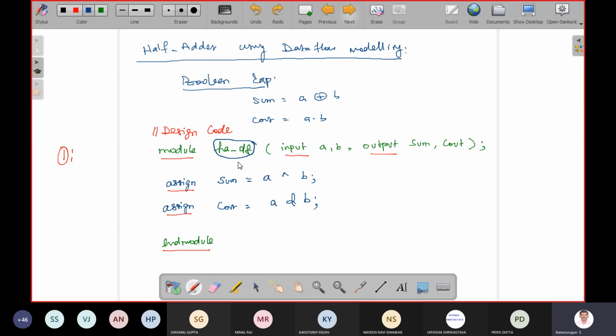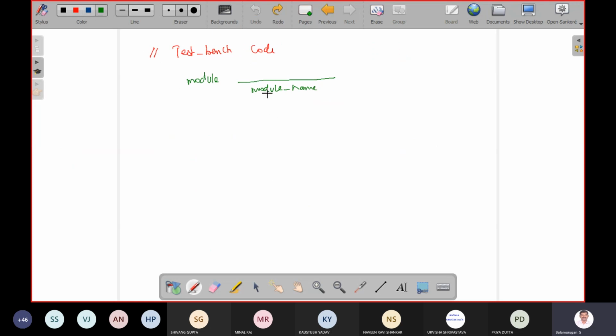So I take this module name HA_DF_test. By reading this test bench module name, people understand that I wrote the test bench for the half adder data flow module. There is no module header here, so this is empty. In the test bench, only the module name is in the first line.